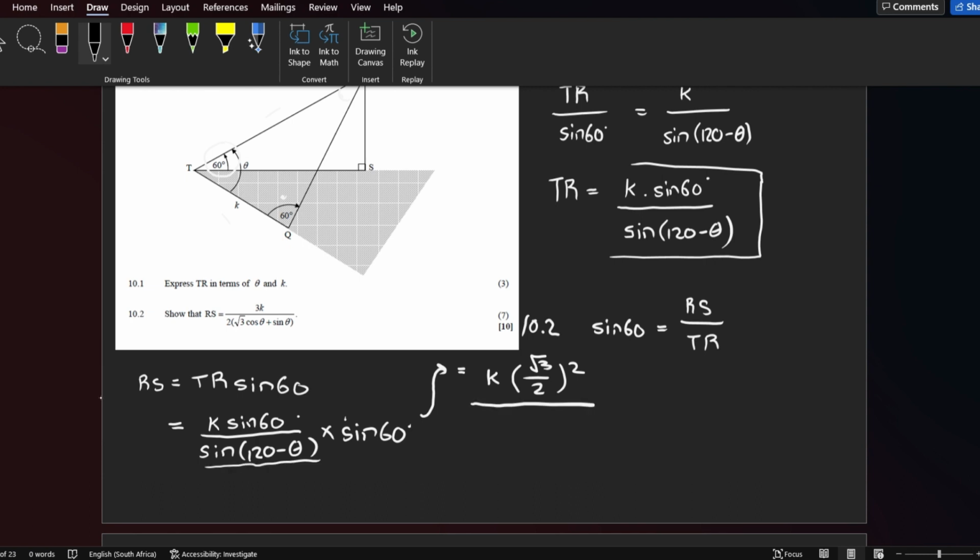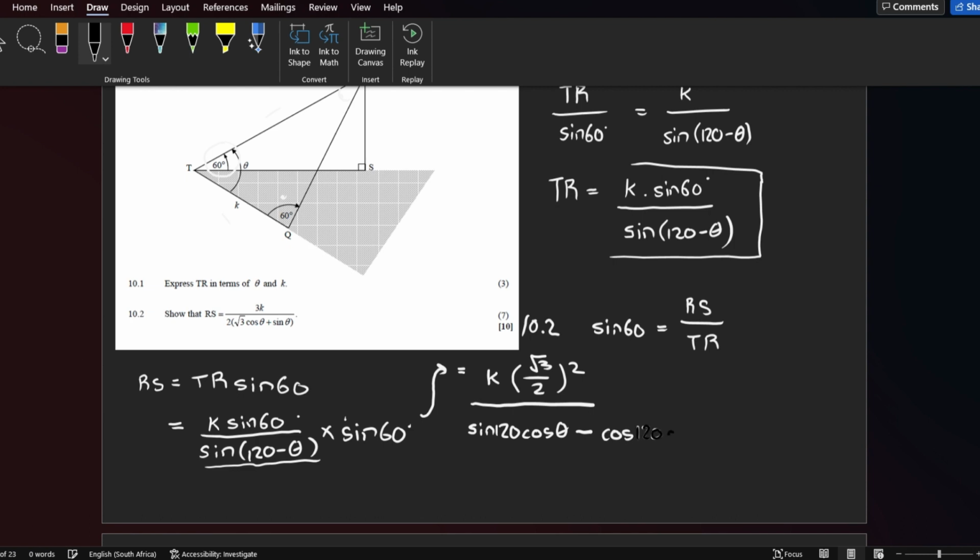But when looking at the expression that the question wants us to find, we see that it has a cosine and a sine. That means we should expand this denominator, and we can expand this using our sine compound angle, and that will give us the cos theta term in that expression. So we can expand this in terms of our sine compound angle. So we'll have sine